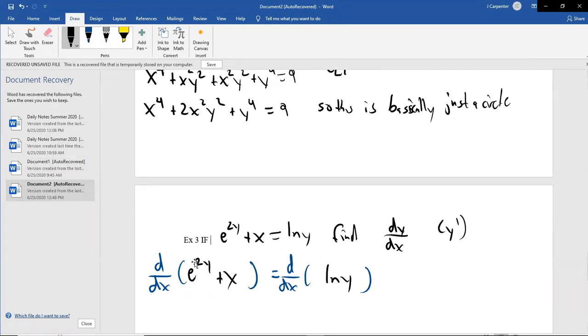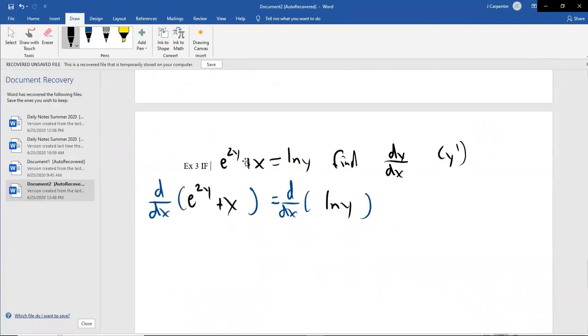Oh, look, derivatives of exponentials and logarithms. You've got to remember those formulas. They don't ever go away. So the derivative of e to the 2y, remember, the derivative of an exponential is the exponential times the derivative of the inside. So that's going to be e to the 2y, the exponential itself, times the derivative of the exponent. The derivative of 2y would normally just be a 2, but because these letters don't match, you have to throw in that dy dx.